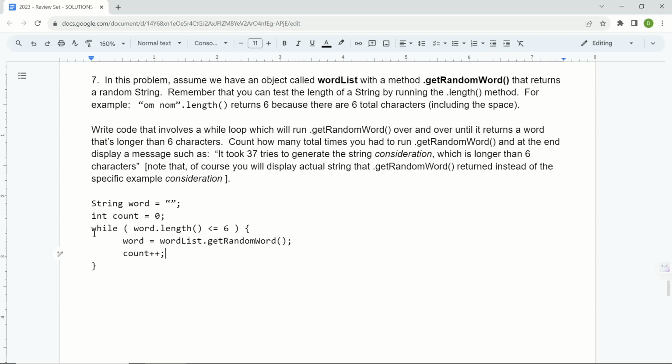So now I'm going to be looping, counting. And then eventually I'm going to get a word that's long enough. And I'll say, is my word smaller than length 6? And the answer will be no, because I'll have a long word, like consideration. And when that happens, the while loop is done, and so it will jump down here. And now I can